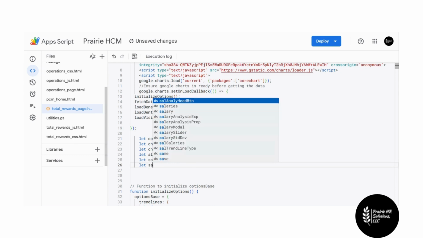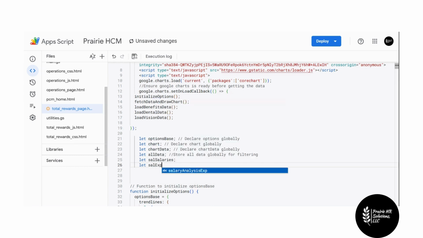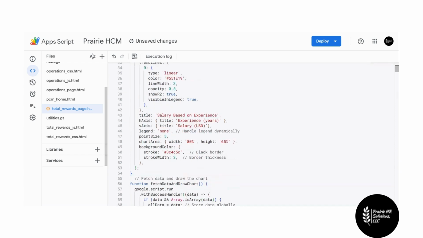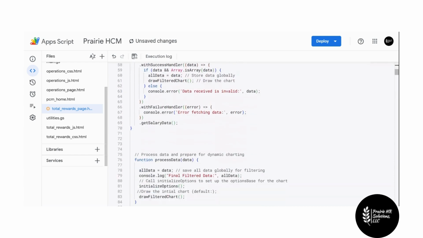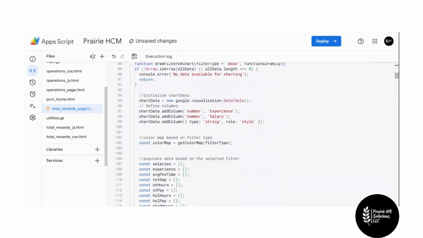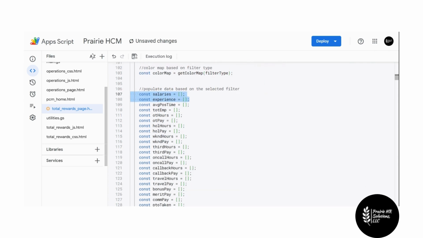And let's just call the next one sal experience. Okay, so now we have that, and you can fill in the comments here if you want. So now let's figure out the best place to push that. So we know we have the salaries and the experience here, but we don't want to just pull this right